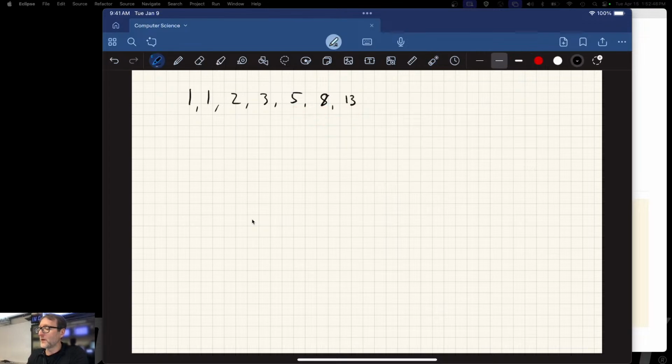So after 13, what's the next value? 21, and et cetera, it goes on forever. This is a recursive sequence. F of n is equal to the previous value in the sequence, f of n minus 1, plus f of n minus 2. And you can solve this and come up with a closed form solution of it, but